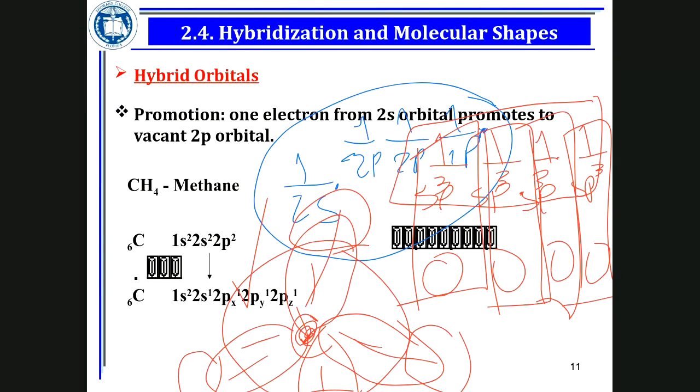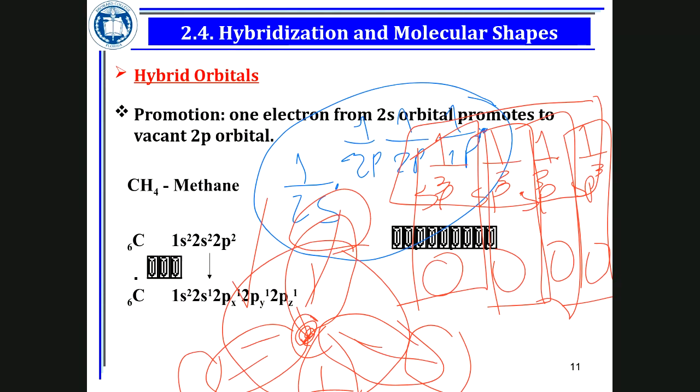Now, what happens if you have 4? Let me go back to that, please, because it's going to save some time later. If you have 2 hybrid orbitals, the bond angle is going to be 180. If you have 3 hybrid orbitals in one plane, the maximum distance is going to be a 120 bond angle. So it is trigonal planar with a 120 bond angle.